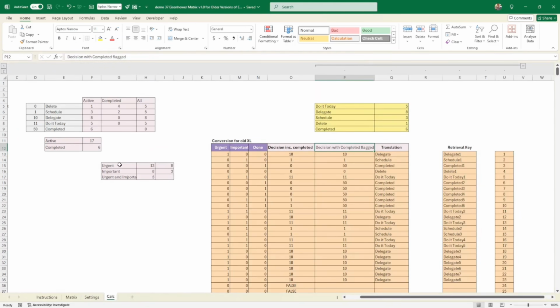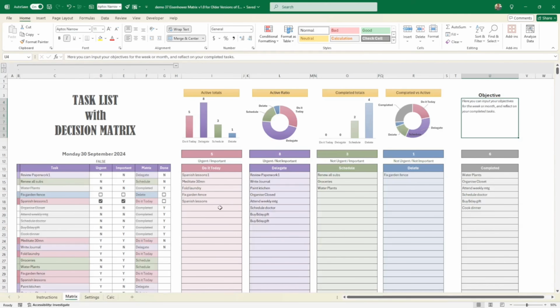This was not used. I was considering doing the sum of all the urgent, all the important, all the active and completed. So they are there, but they are split instead. And that is pretty much it. Okay, so